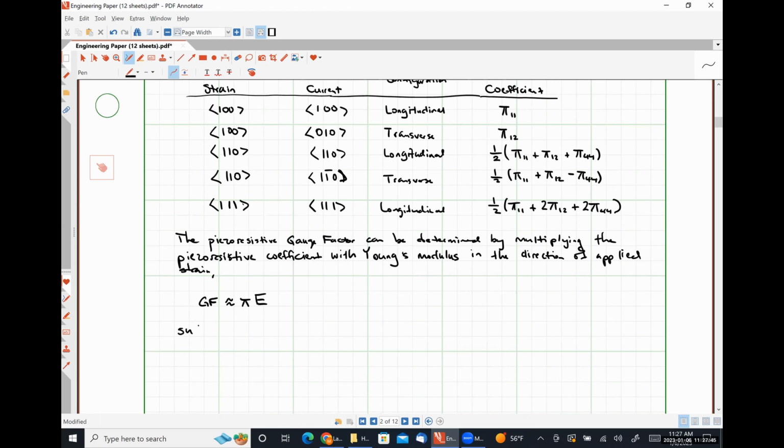Such that the total fractional change in resistance is given by